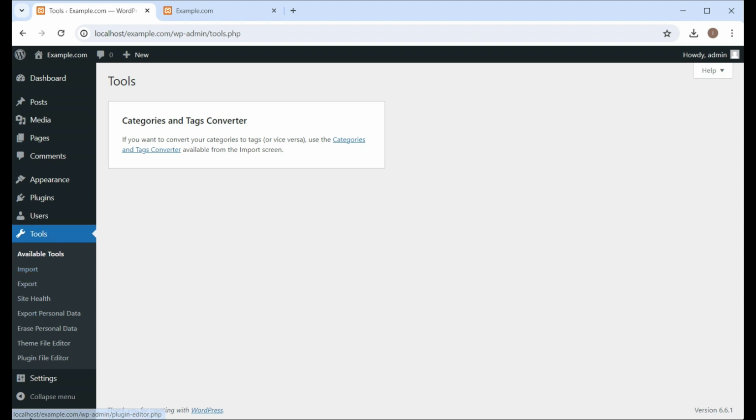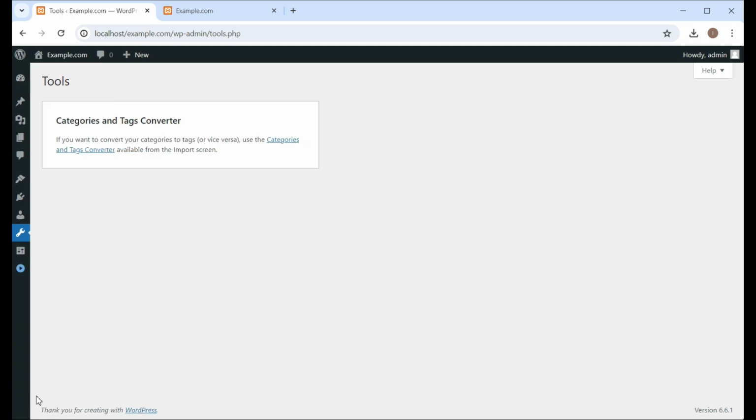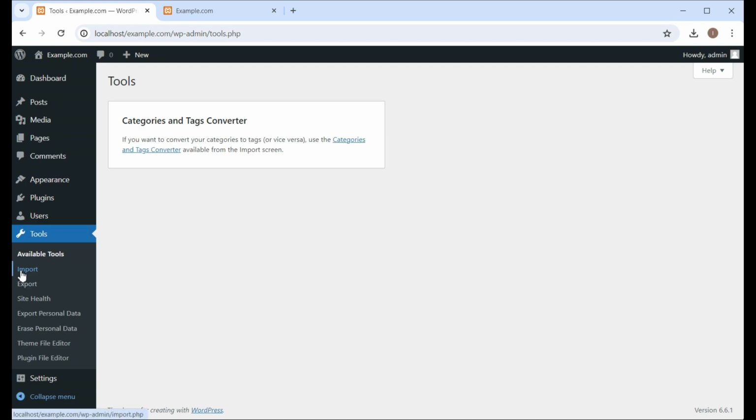You can also collapse the sidebar menu into a narrow bar like this. If you need the extra space to see what you are doing, then you can collapse this. The menu on the left is really very important. This is how you get access to all of the features in the dashboard. So you can edit posts, pages, maintain your site, and keep in control of everything that's going on on your site. So this menu is very important.